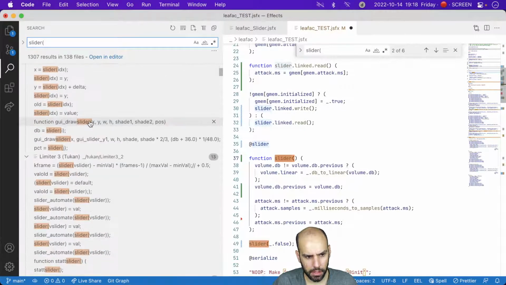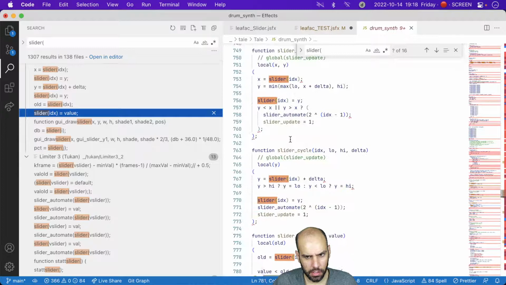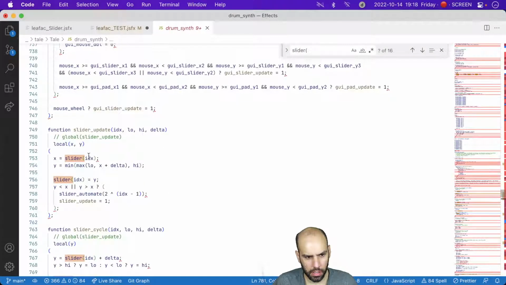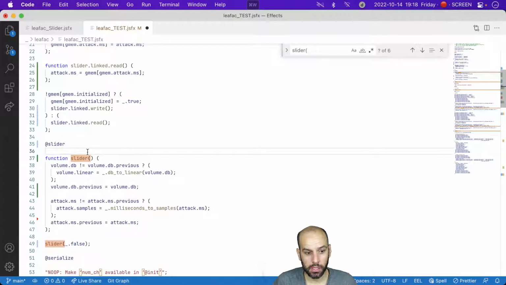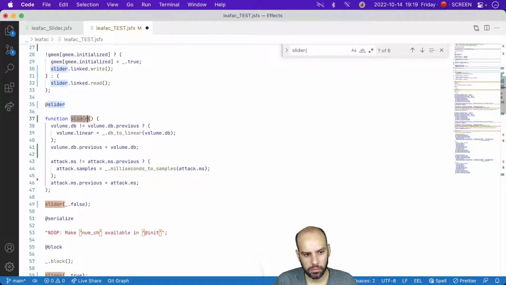Yeah, I am right. And what this slider function does is give you the value of that slider given by that number. So let's not call it slider. It's not the best name, but